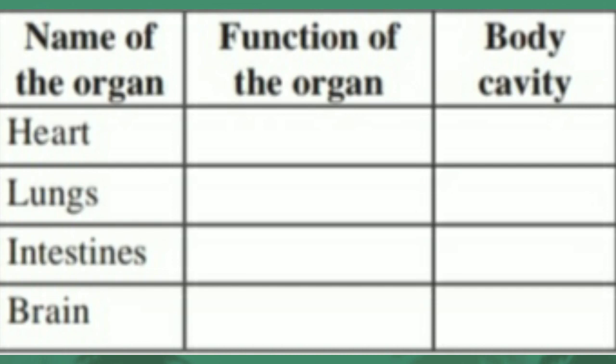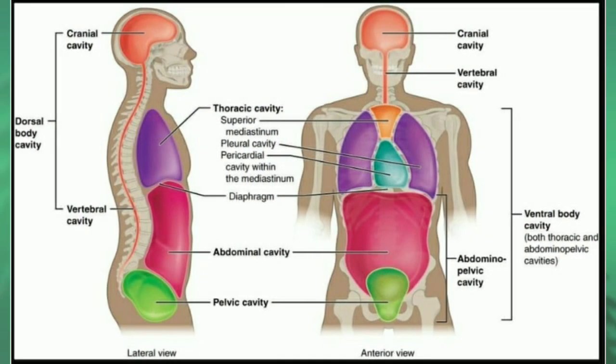Now before we begin completing this table, let's just quickly recall what the body cavity means. A body cavity is a fluid-filled space inside the body that holds and protects internal organs. The human body has multiple body cavities, including the cranial cavity to protect the organs within the skull, the vertebral cavity to protect the organs within the vertebral column, the thoracic cavity to protect the organs within the chest area,